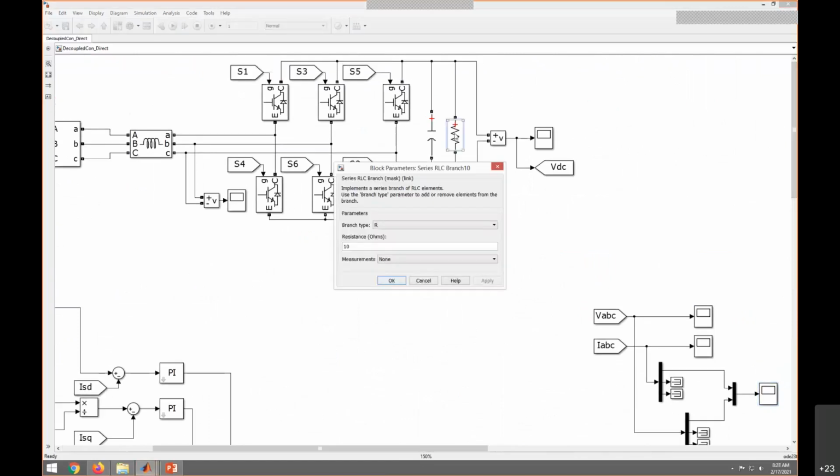So this is 10 ohm and its voltage is, how much its voltage is 700 volts, right? So how much real power will it actually consume? Its voltage is 700 and its value is 10. So how much real power will it actually consume? 49k, 49,000, right? So that is V square by R. So that is around 49k.